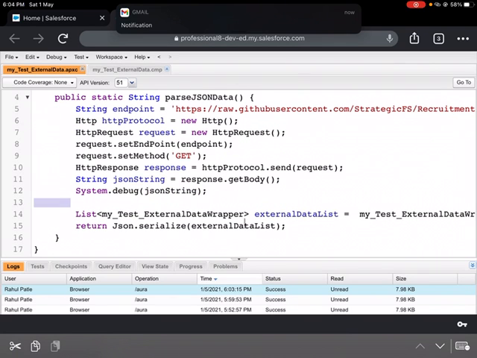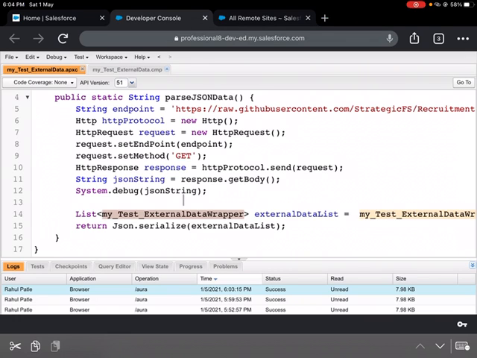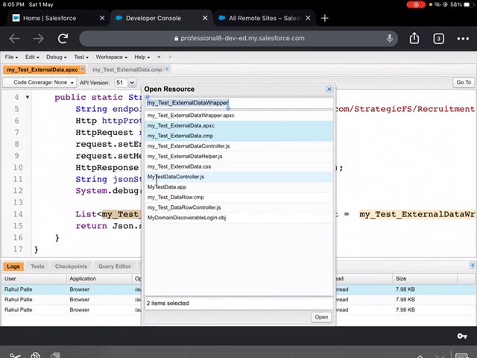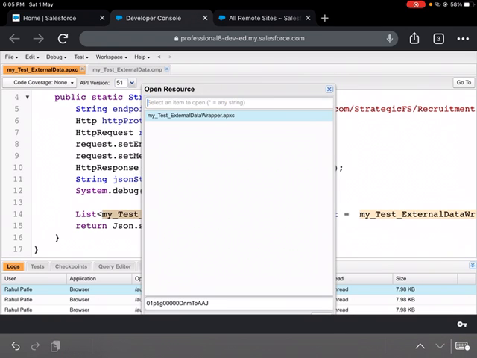After that string, I have also created my external data wrapper, one more wrapper here, so that I can actually deserialize my JSON string into my external data wrapper object. So here I have created one more class, so I'll just open it. I'm parsing this JSON string there.